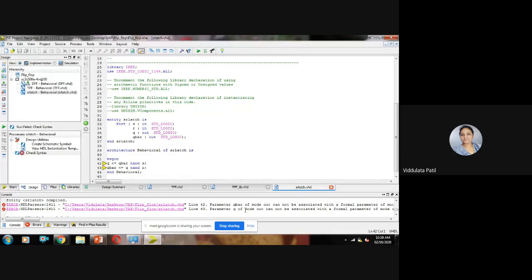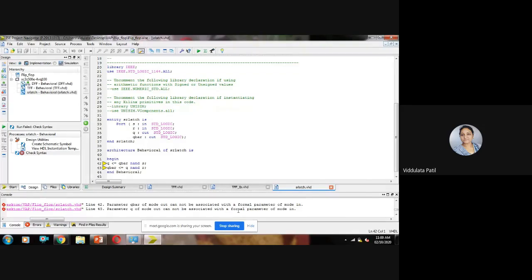Parameter Q bar of mode out cannot be associated with formal parameter of mode in. Similar error: parameter Q of mode out cannot be associated with formal parameter of mode in.